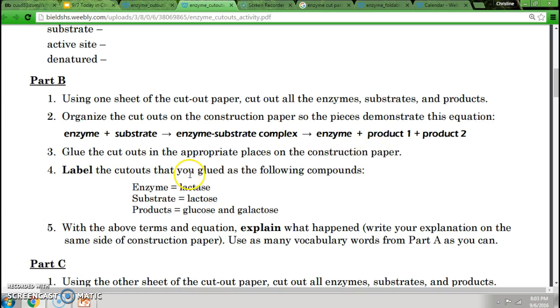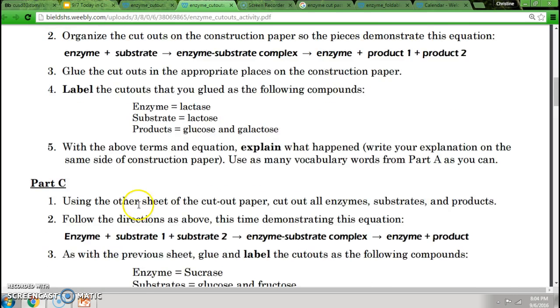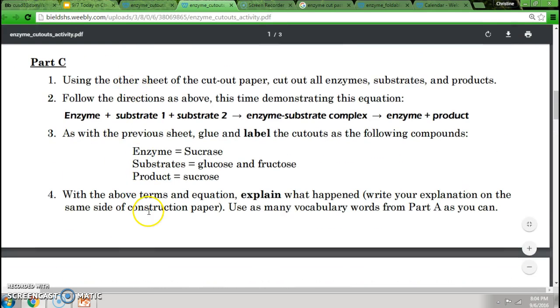You'll then label the cutouts that you glued as the following compounds. The enzyme is going to be lactase, the substrate will be lactose, and the products will be both glucose and galactose. Now, with the above terms and equation, you're going to explain what happened. Write your explanation on the same side of the construction paper and use as many vocabulary words from Part A as you can. You'll then go and do Part C. You can read through this. Basically, you're doing the same thing